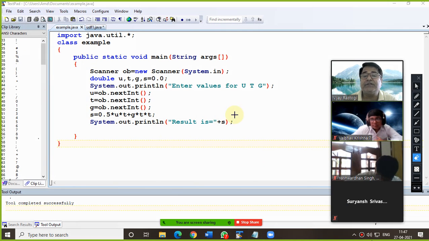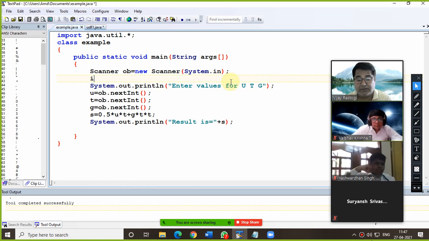See, in this question, what are we supposed to do? We are supposed to enter two numbers. Everyone, please pay attention here. Like int a, b, then q and r we are supposed to find. After that, enter two numbers.